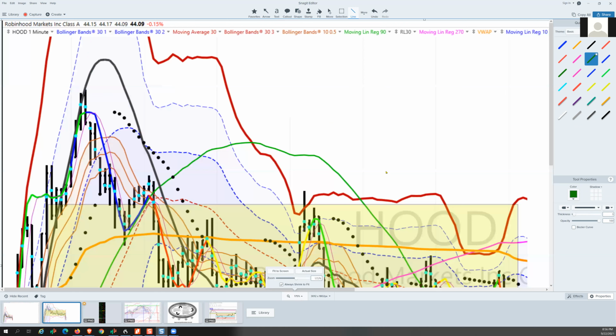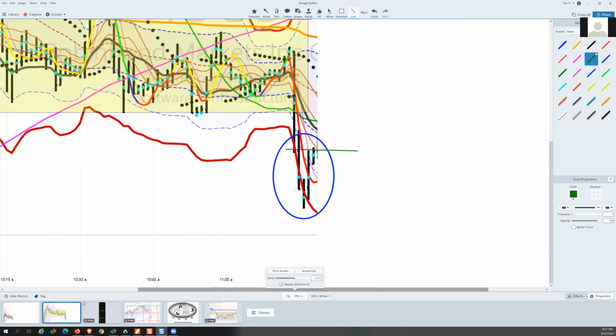So now you have this extreme move all the way through the dragon, out of the river, across the floodplain, outside the Z3 for a couple bars, and it makes that swing low. Then you have bar 2. When that closes and made a higher low, that makes this bar 2. And then when it takes out bar 3, takes out the high of bar 2, that's your entry, and you would have a reasonable stop.